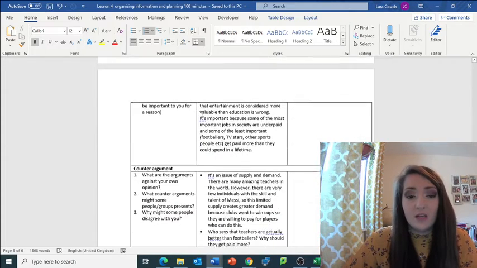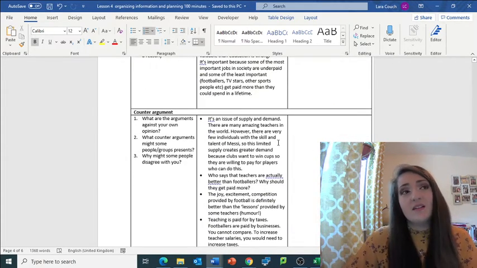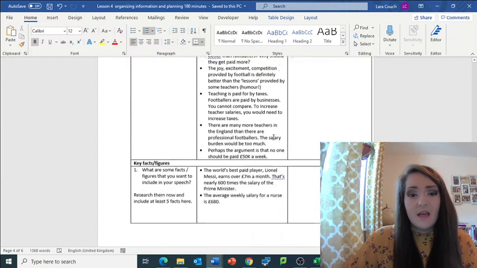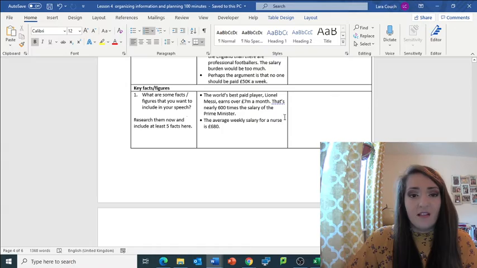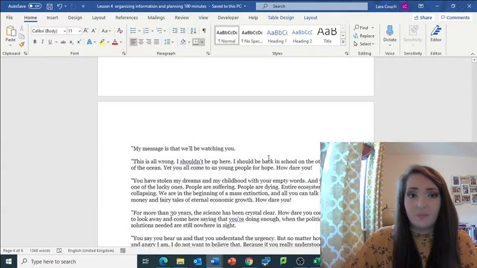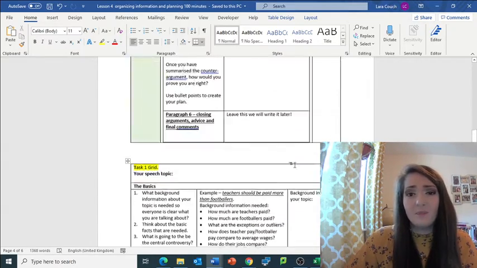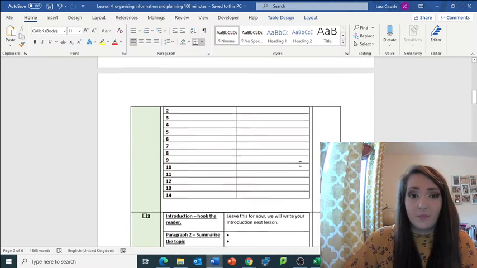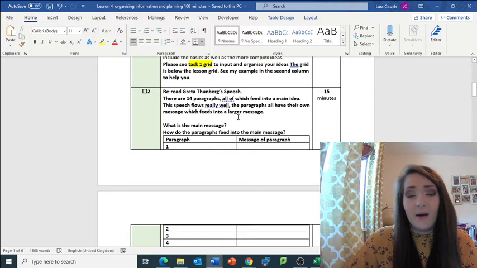Why is this an important topic to you? Counter argument. It's always good to have a little counter argument and then almost defeat the counter argument with your original point. And then key facts and figures, which are more stuff that you've researched last lesson. Take about 20 minutes on that. Don't worry about making it neat, just get all your thoughts down. Then we're going to have a little look about how